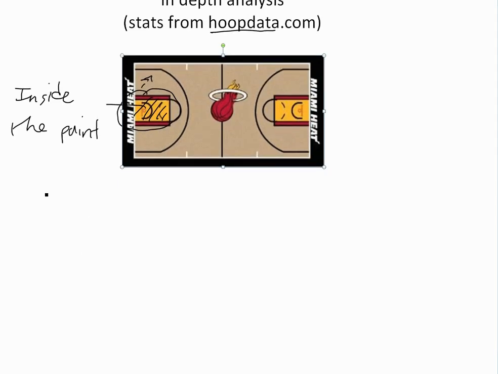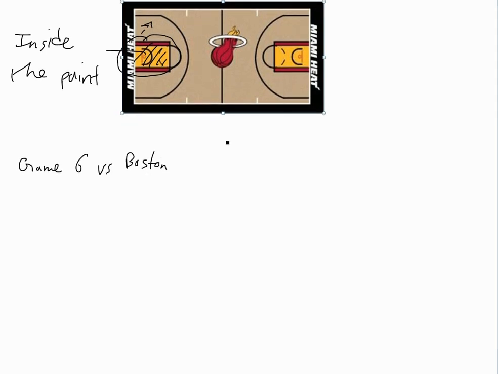Basically, if you look at Game 6 versus Boston, I'll show you some pretty interesting stuff he had. So if you look at Game 6 versus Boston, let's say inside the paint field goals. So basically, against Boston, he